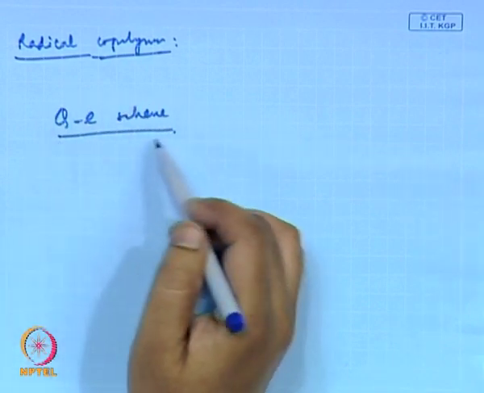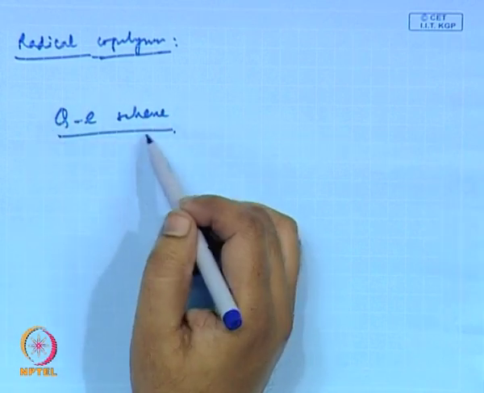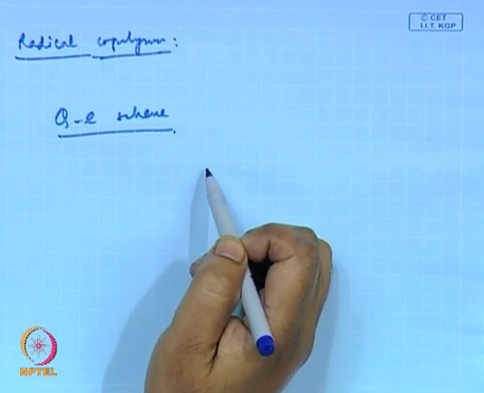So, what is done is a semi-empirical scheme, this Q-e scheme, which basically takes care of the resonance stabilization and the polarity part, and basically has values for different monomers, and from those values we can actually predict the copolymerization behavior of a pair of monomers.